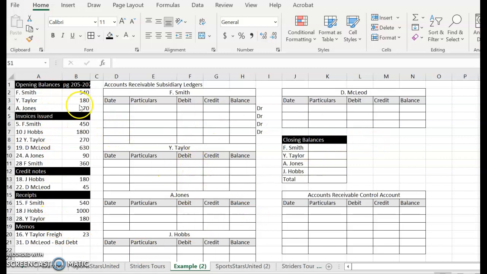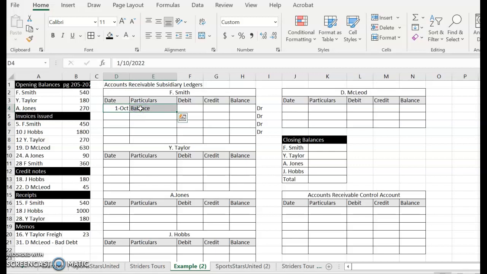We're going to start off with the opening balances. We've got 3 opening balances, 3 people that owe us money. They are F. Smith, Y. Taylor, A. Jones. What we're going to do is type the 1st of October. If yours doesn't do that when you type it in, type 10/1, you could have an American spreadsheet there. So we type 1st of October in balance, and then because the 3 of them have an opening balance, we'll just try that again,